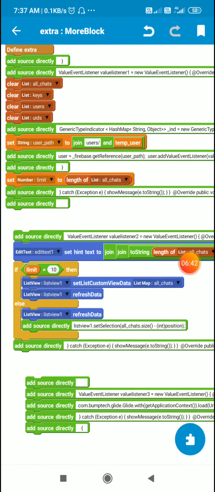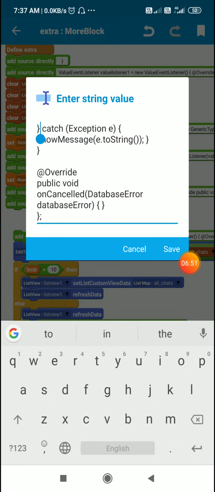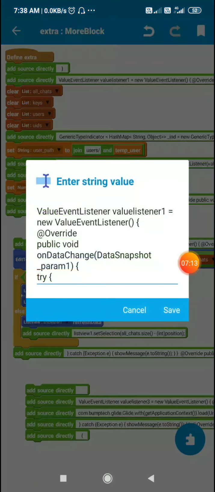And after this I set the number variable limit to length of list all chats, and then I close this on data change event, this try code, and after that I have this catch exception which ends here, and then I close this on data change event, and after that I have on cancelled, in which I do nothing. So all this is there in value listener 1.